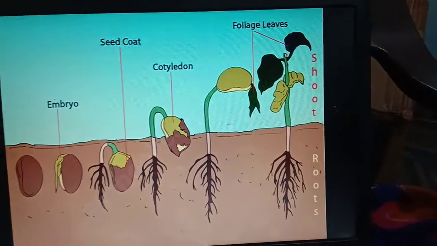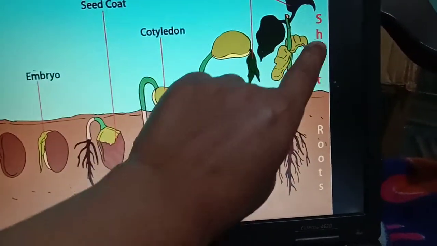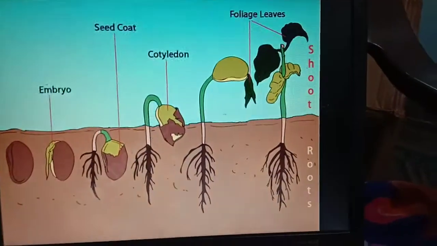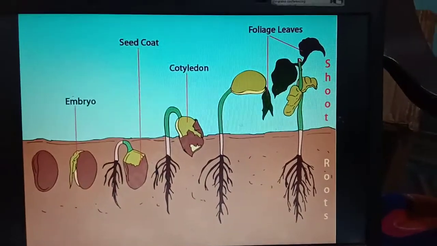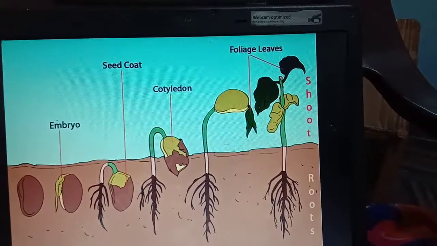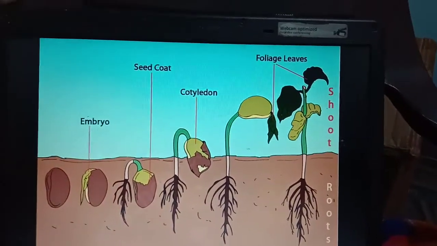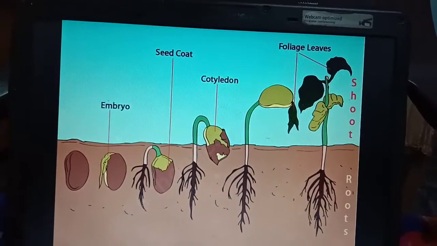And when the plant has fully grown up, this cotyledon is used up and it grows into a new baby plant, and now it will get its nutrients and its water from soil. This is how a seed germinates into a new plant.